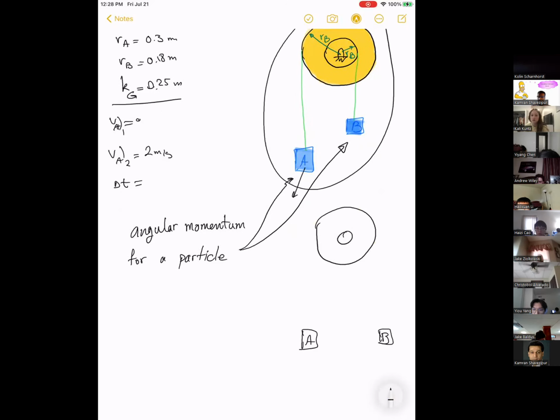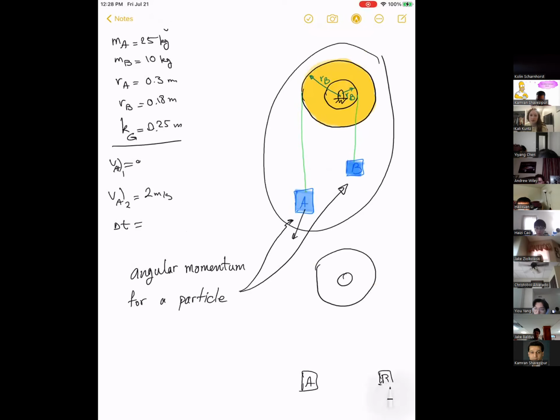Does that make sense? Now, if that's the case, do you guys follow? I want to show you these two methods are the same. And I want to show you how you can use the angular momentum concept to simplify solving a problem. Otherwise, what is the point of all this, right? So if I consider